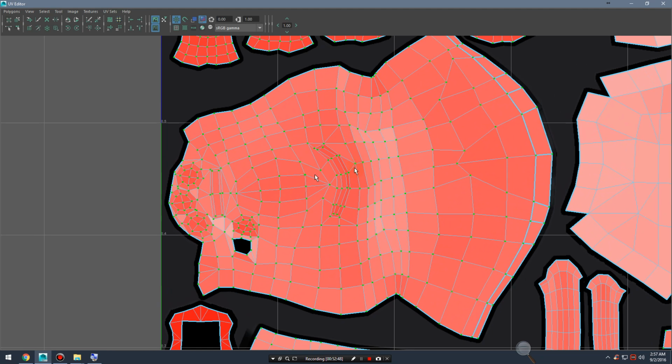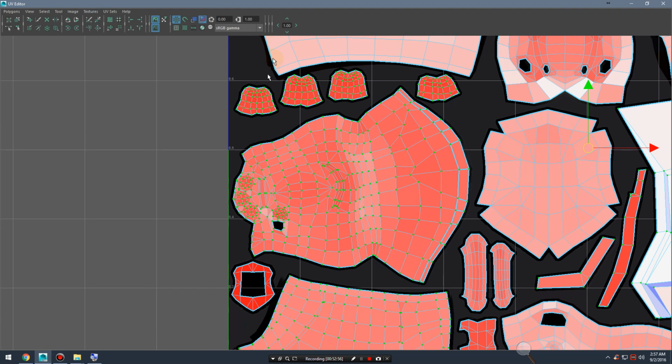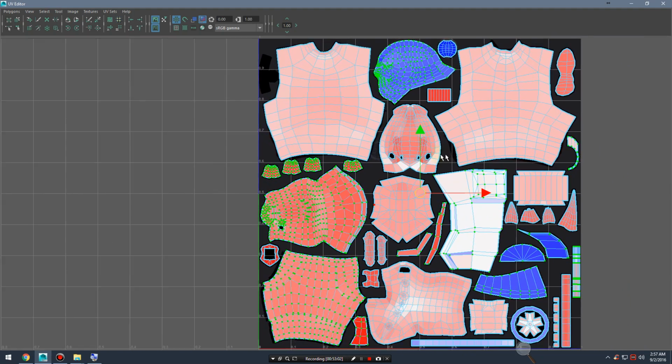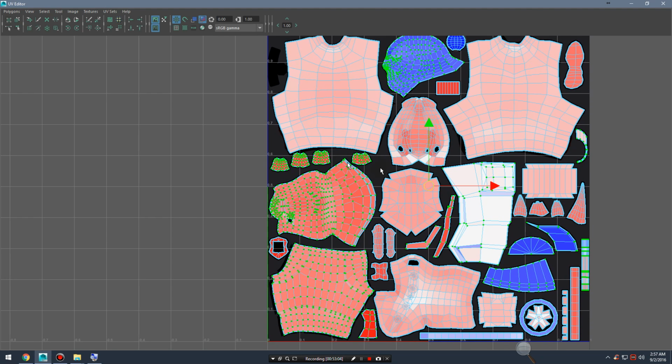Instead of having this half the size and having to fit two separate arms on here, I just duplicated the mesh after UVing the right side of it. And then we get overlapping UVs. A good standard practice, especially when you're baking normal maps, is to take all of your overlapping UVs from the mesh you just duplicated and use our nudge tool to type in 1 unit to the